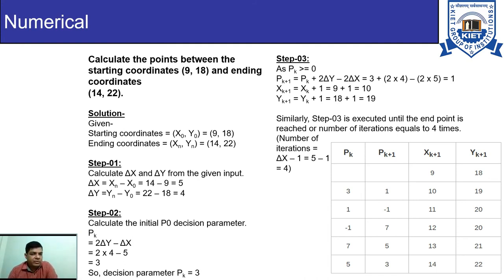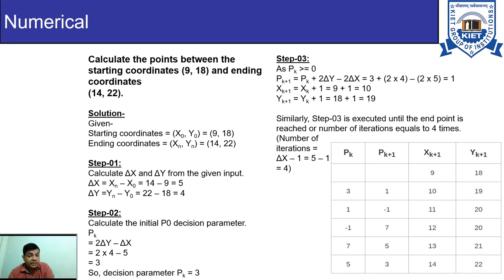So initially we are calculating the value of delta x and delta y, which is the value of delta x is 5, the value of delta y is 4, and you can easily see that the slope of the line is 4 upon 5, which is less than 1. In the first step, we are calculating the value of delta x and delta y. In the second step, we are calculating the value of initial pixel parameter, and you can see that the value of initial pixel parameter is coming, it is 3, and it is more than 0,